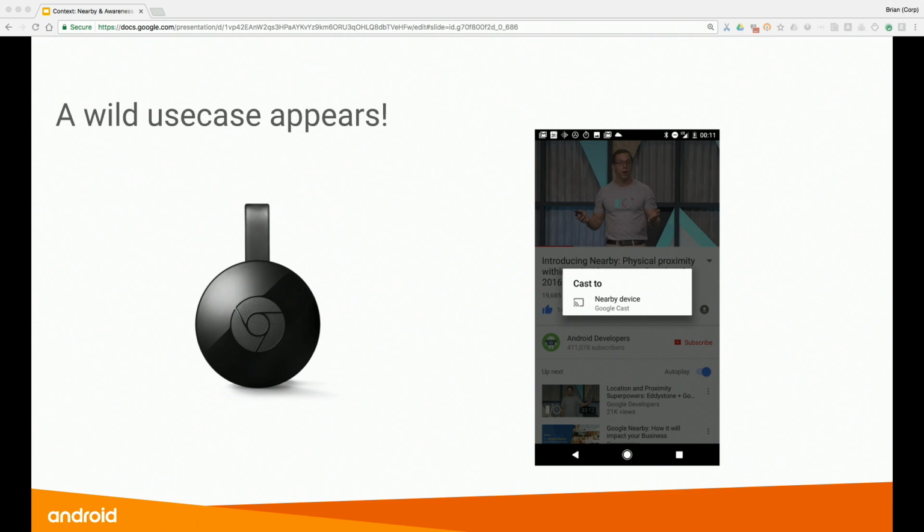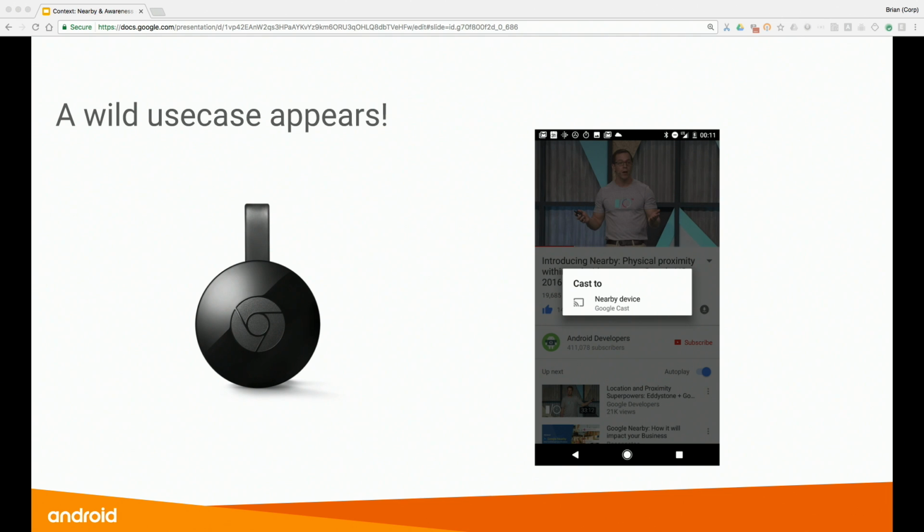So we started thinking about devices, because really, if you think about all the devices in your life, there's a lot of interactions that you have with those devices which are possible, but they have a lot of friction. So one example, most of you probably know about Chromecast. Chromecast is a device that you plug into your television and you can cast content from your mobile device to it. This works really well if you're on the same Wi-Fi network as the Chromecast device. That's sort of a prerequisite to casting.